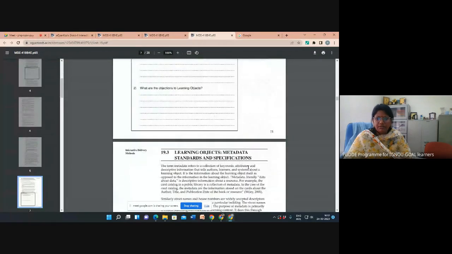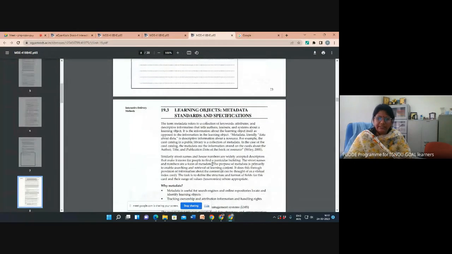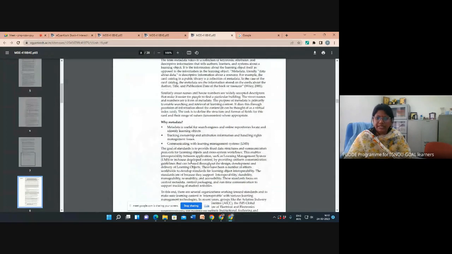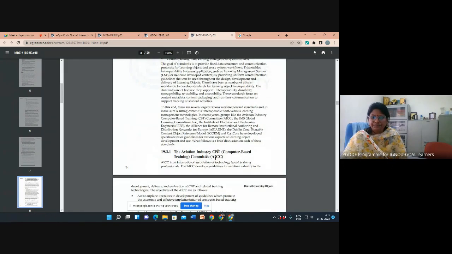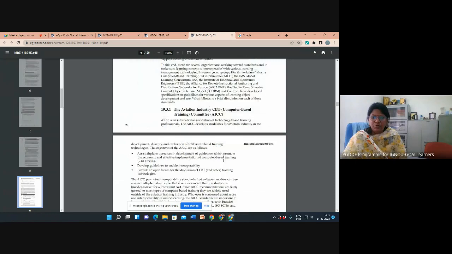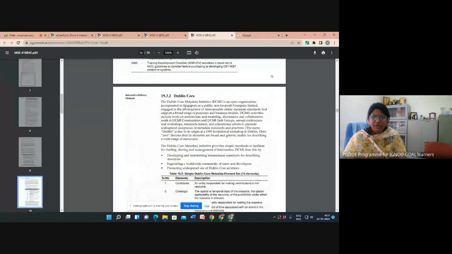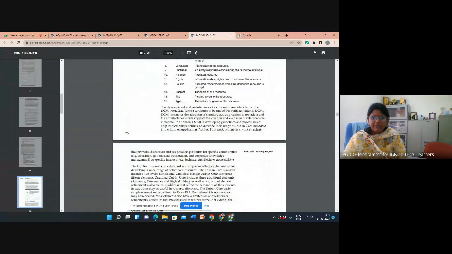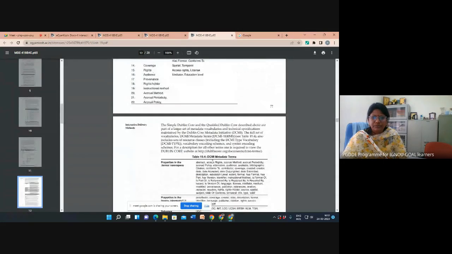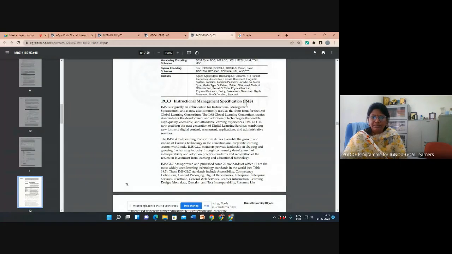There are also some standards for LMS. For example, if my institution has created some content using a standardized format, there is the ACCI format, the Dublin Core format, and the SCORM format, like the IMS format.